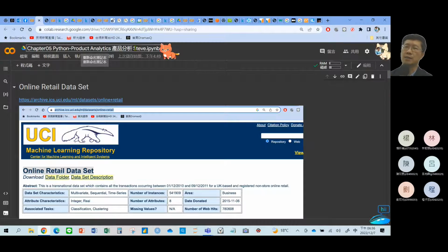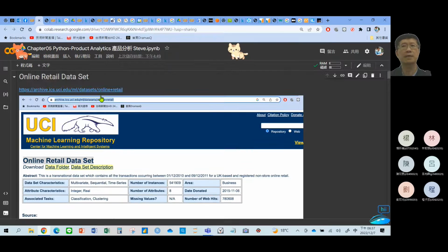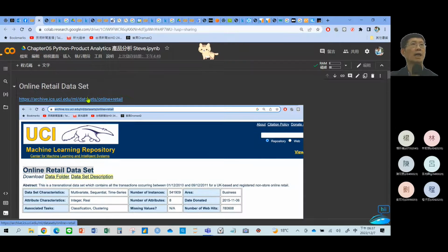Okay, so first, we have to go to the website to download the dataset, the online retail dataset. 我们之前有讲过这个资料集吧？没有吧？